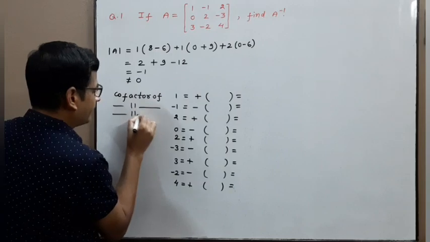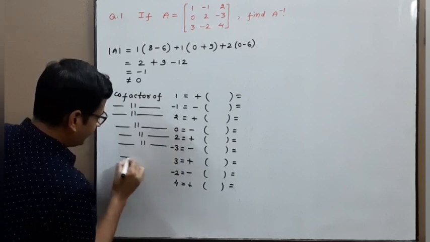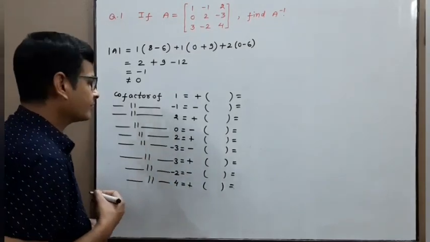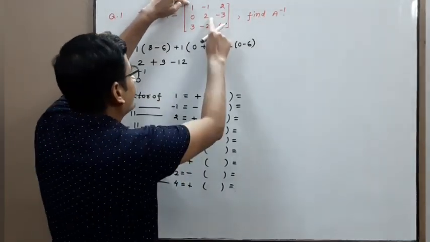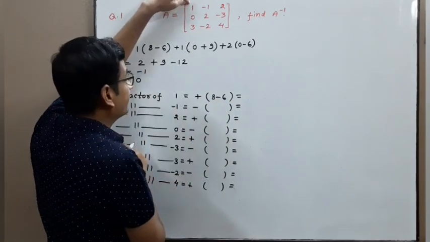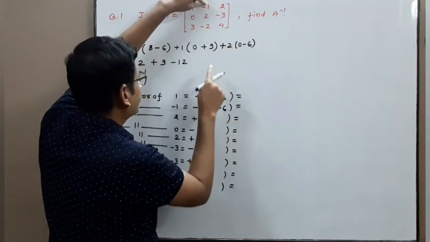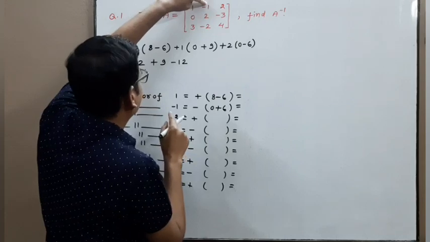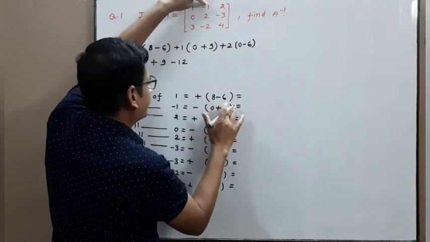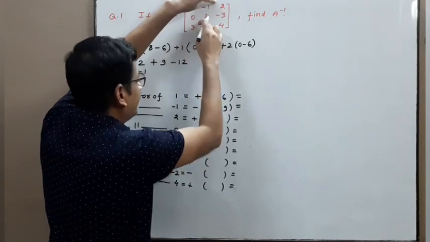Then cofactor of minus 1, cofactor of 2, cofactor of 0, cofactor of 2, cofactor of minus 3, cofactor of 3, cofactor of minus 2 and cofactor of 4. Now cofactor of 1: 8 minus 6, and you can verify also. First one is 8 minus 6, then 0 plus 6. Just check again, minus 1 into 0 and plus 9, sorry, same, then 2, 0 minus 6,